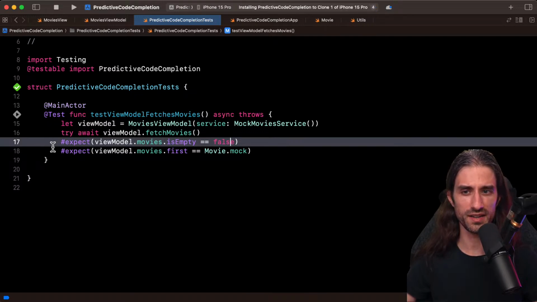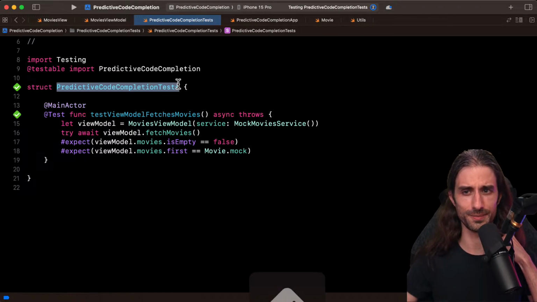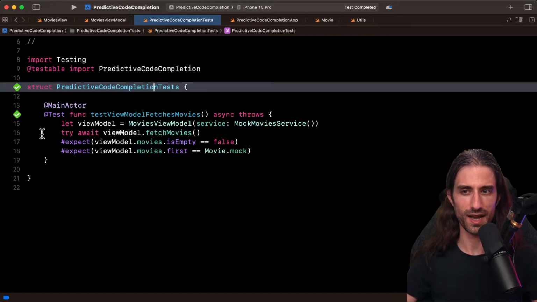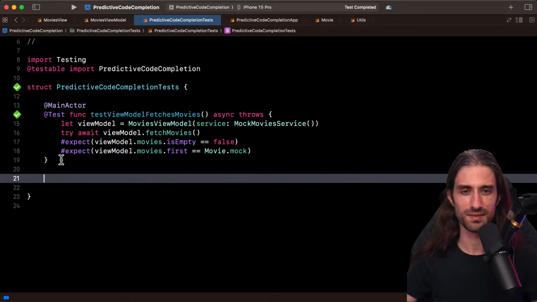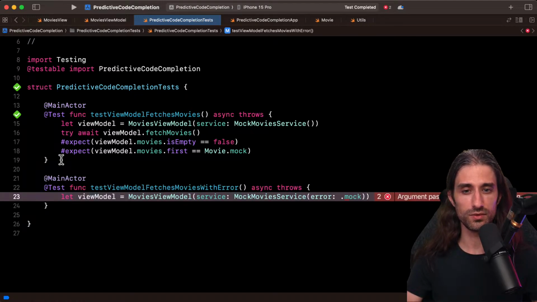Then I'll try to add a new line on this test file to see what's going to happen, if it's going to suggest writing a new test. If it suggests to write a new test using XCTest, it's going to kill me. We'll see. Because if the context it has is this, it seems very similar to an XCTest naming. So at least the test was successful. But let's see. What will you suggest that we do? So it put @main actor. Okay. So this time it suggested the correct syntax and it suggested injecting an error.